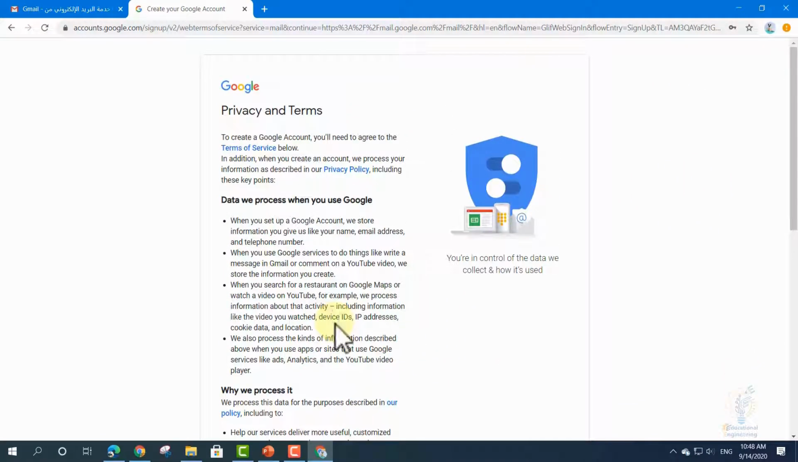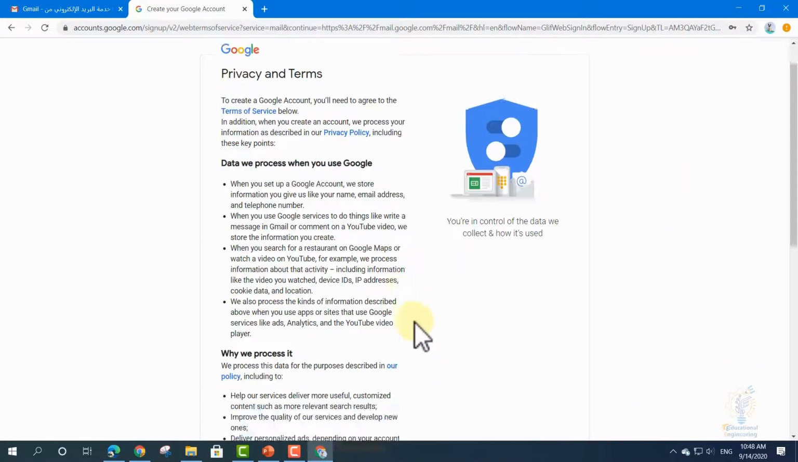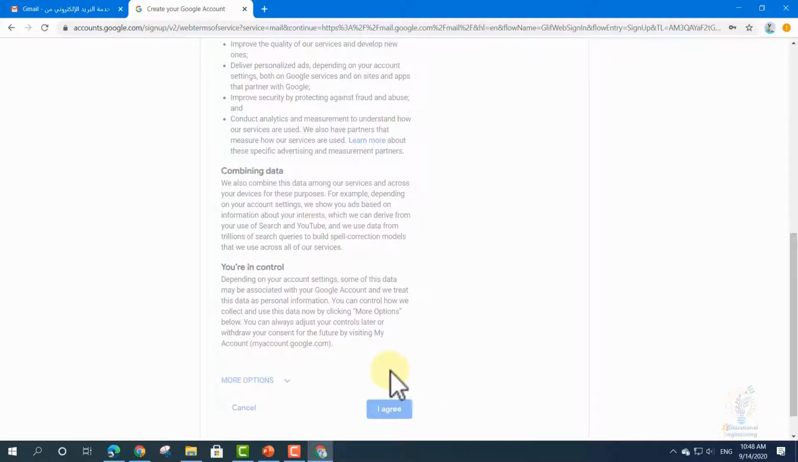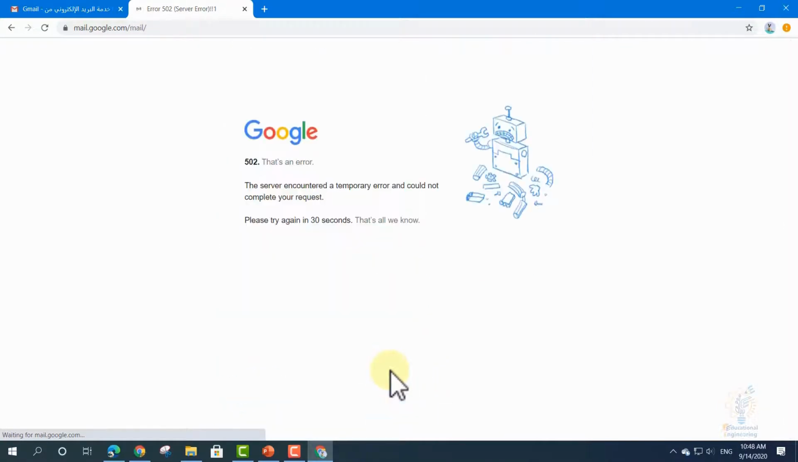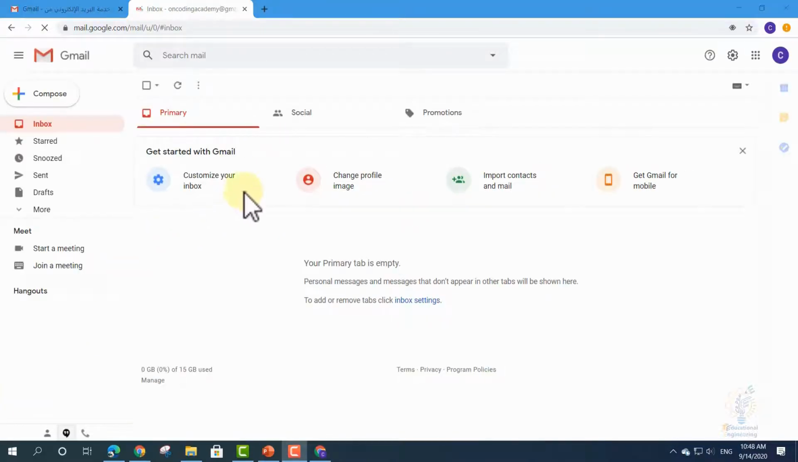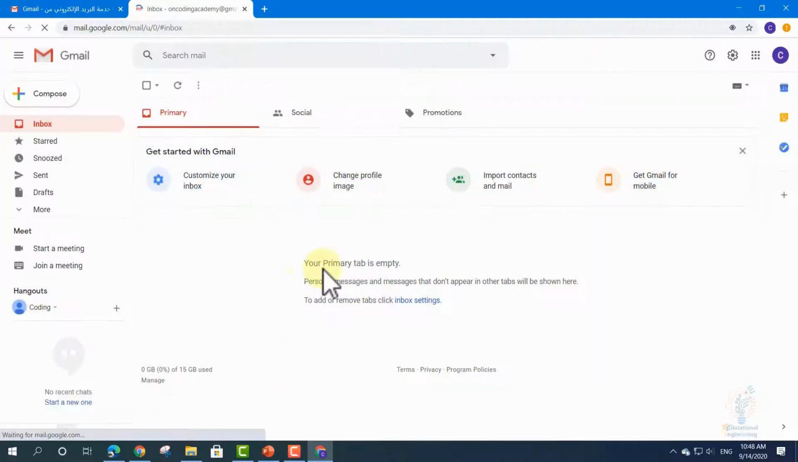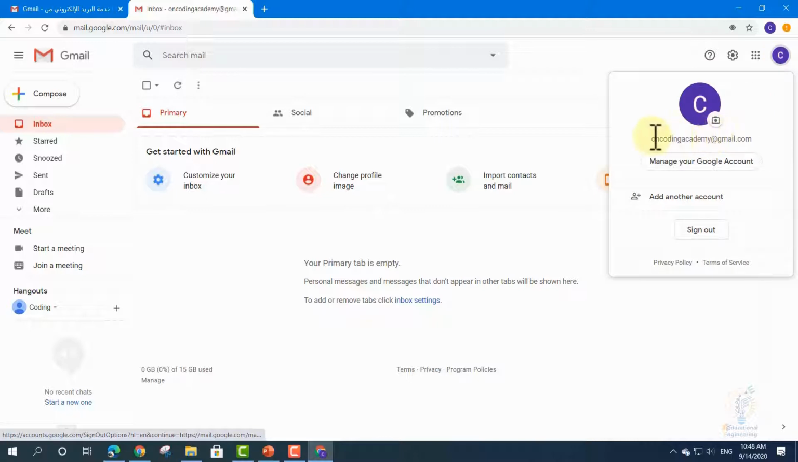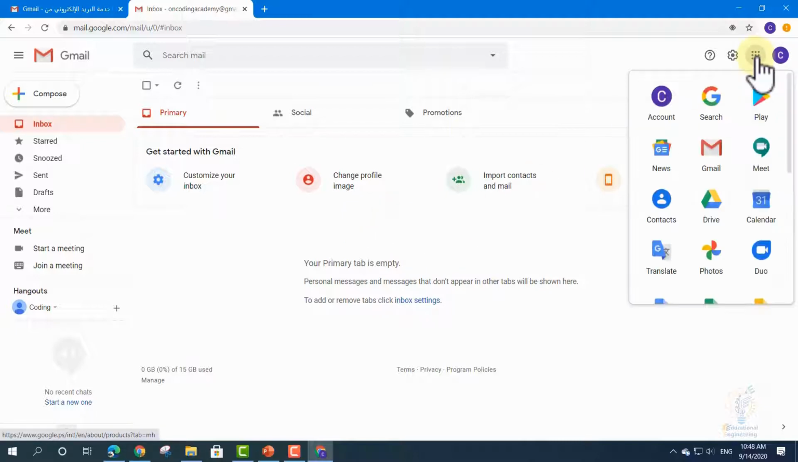Now, as you can see, you have to agree to their privacy and terms. Click I agree. Now click again. Refresh the page. That's it. This is our Gmail account. Now, if you clicked here, this is your email address. Now, the next step will be going here on the 3 dots